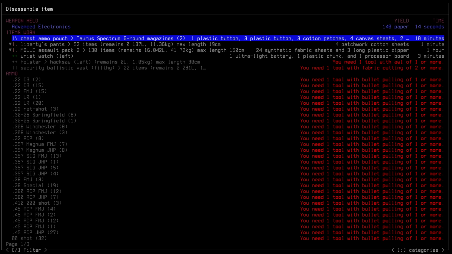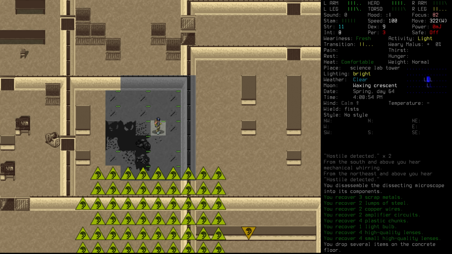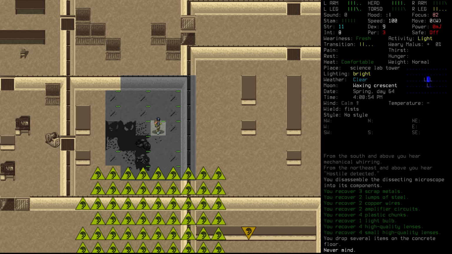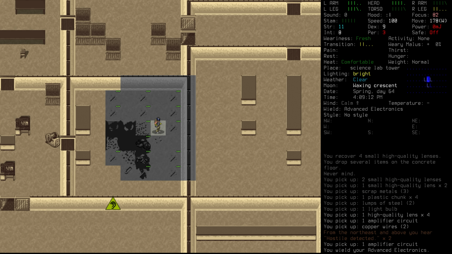See how that works for us. Yeah, take apart that microscope. All right, nice, that's that. Yeah, okay, so for the autoclave, we need a drilling tool to be able to take that apart. And there's nothing for us to actually use it. Looks like we can pretty much pick up everything bar our book, which we'll just have to wield for the